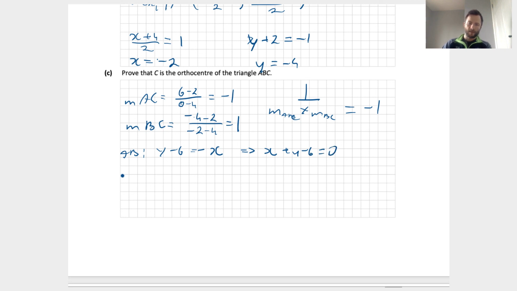And then for line BC, I'm using the coordinates of point B, which is y plus 4 equals positive 1 times (x plus 2). So if I transform, I'm going to get the equation of this line equal to x minus y and minus